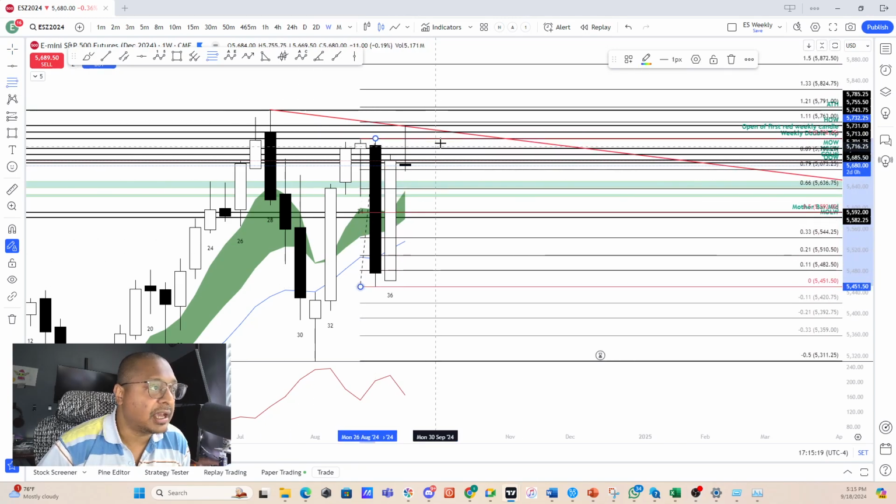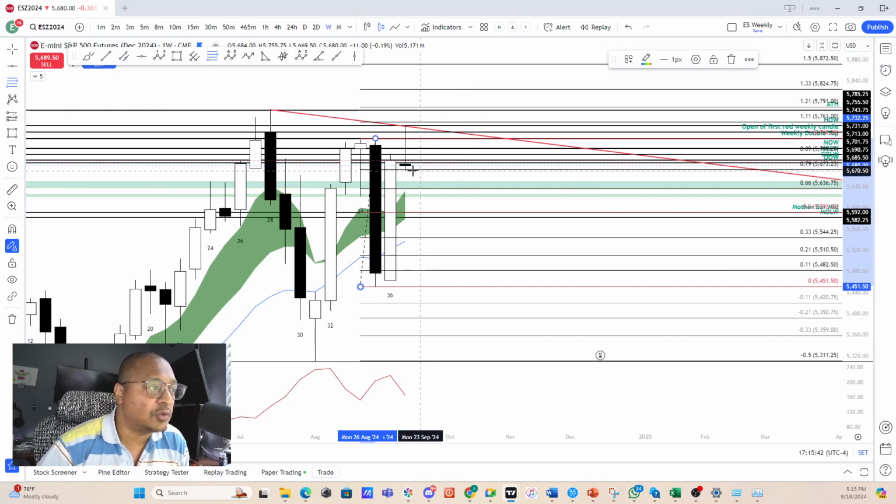If we take a look at this here, we came almost to the 11% extension of the mother bar fib, but then we fell below the 21% extension. And we are again below the open of this mother bar and even below the close of the previous inside bar that we had. Now we will have to see whether this 80 to the 71 area, these areas are